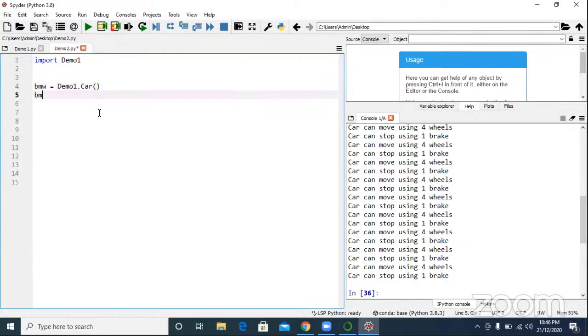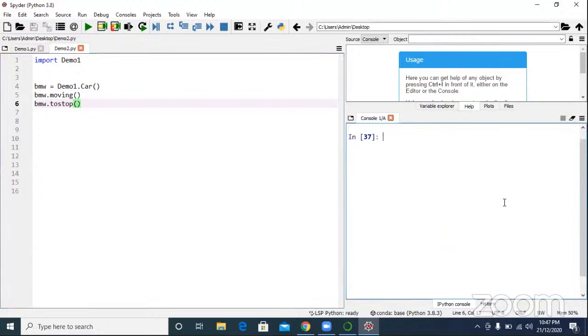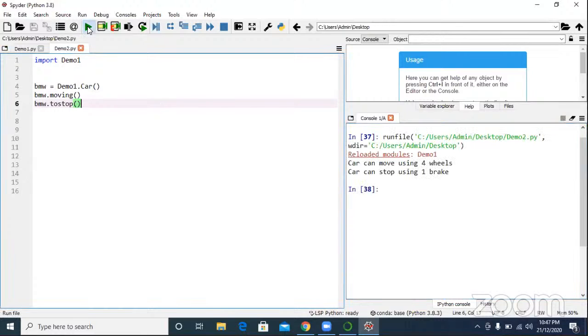So BMW.moving, BMW.to_stop. Yes or no? Any doubt here? No doubt at all. I created one object for car, moving and to stop. It's working.